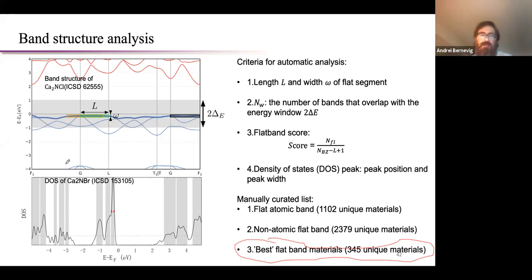If I have particle hole symmetry, there's another way of building flat bands. Particle hole symmetry changes k to minus k, but then you add inversion. So if I have inversion times particle hole symmetry, this changes k to k and takes energy to minus energy. So if I have an odd number of bands, I have to have a flat band. But particle hole is not a crystallographic symmetry. It won't appear in most materials.